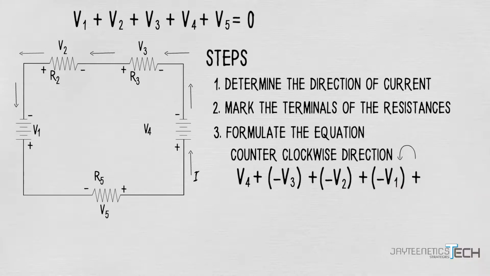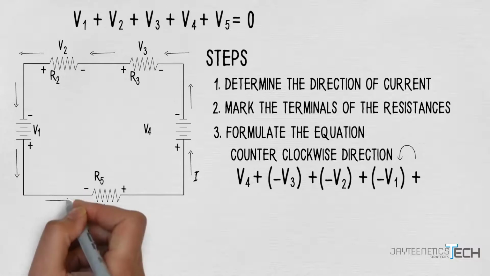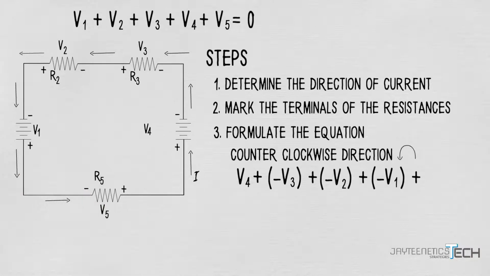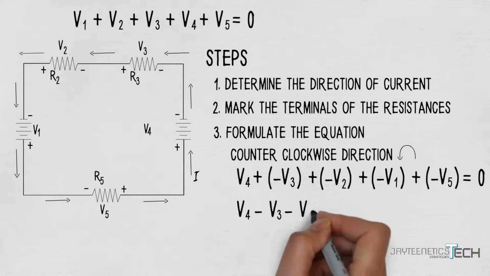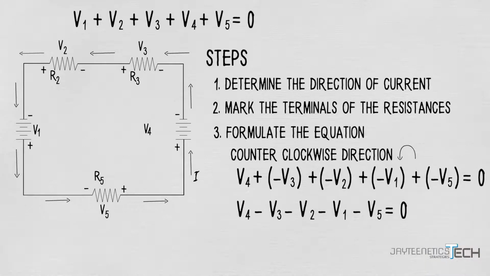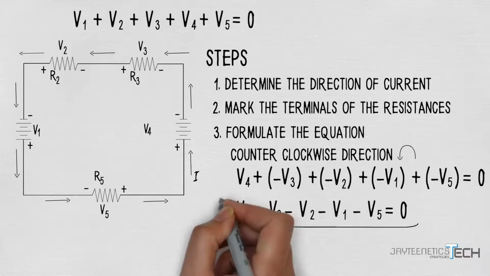Then out from the positive terminal and goes to the negative terminal of R5, which makes V5 negative. And back again to positive terminal of V4. And if we add all of these voltages, it should be equal to zero according to the law. Adding positive V4 plus negative V3 plus negative V2 plus negative V1 plus negative V5 will give us this simplified